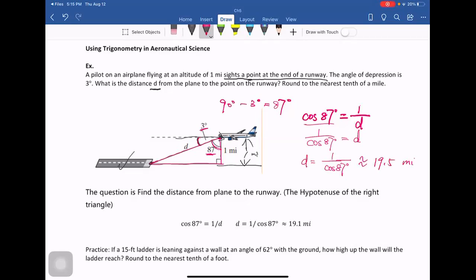Use your calculator. We can find it's about 19.1. And remember, round to the nearest tenth. Tenth is here, just keep the tenth. So that's 19.5. If the question asks you to keep hundredths,